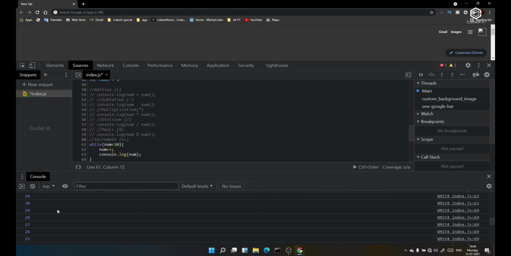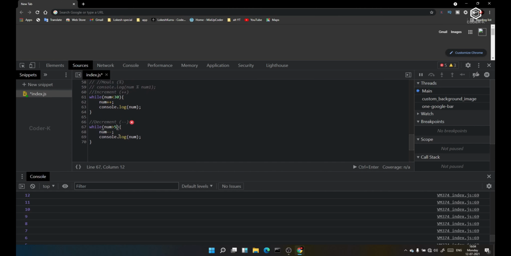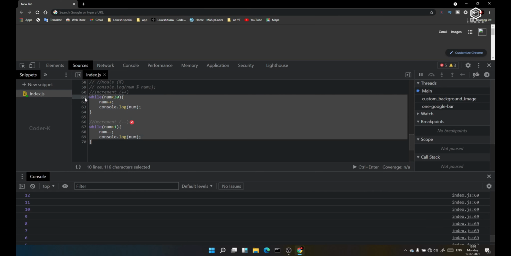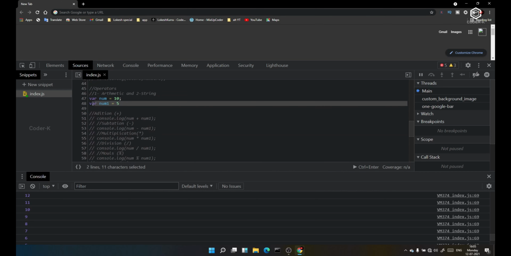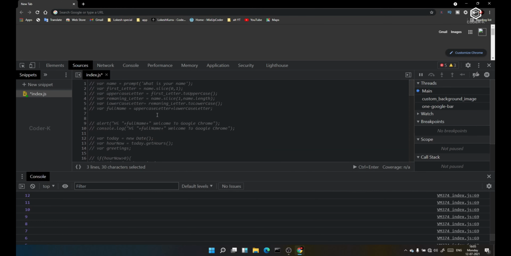Yes, guys. This is all cool stuff we discussed about the operators, guys. How operators work, how the while loop will loop the things. We discussed operators and while loops also, guys. Let me comment. I commented it out. I am going to save this thing. Nothing is running. I also commented all the things.